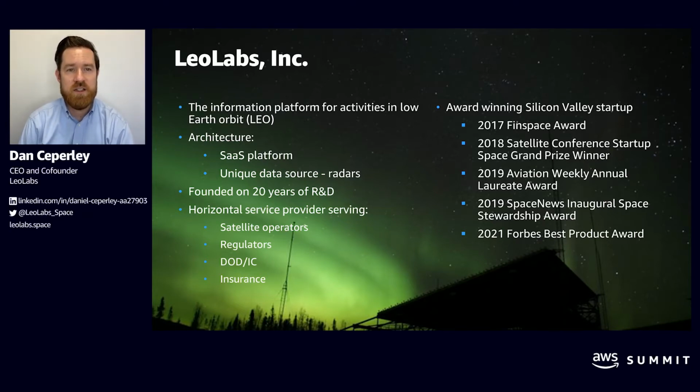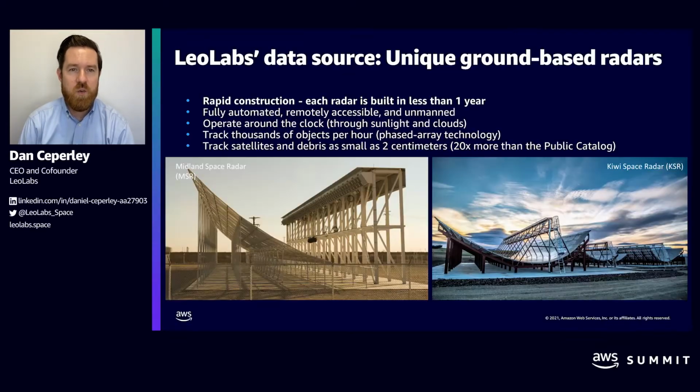The first piece of our technology is our global radar network. We operate radars like the ones you see on the screen here, and we operate them around the clock to track satellites and space debris. We use radar because it can operate around the clock. It's not affected by weather, it's not affected by clouds, it's not affected by sunlight. In addition, we use a type of radars called phased array. It means no moving parts. Instead, every millisecond, we're able to electronically steer from one satellite to another to a piece of debris. And that's critical because we're tracking thousands of satellites and pieces of debris per hour.